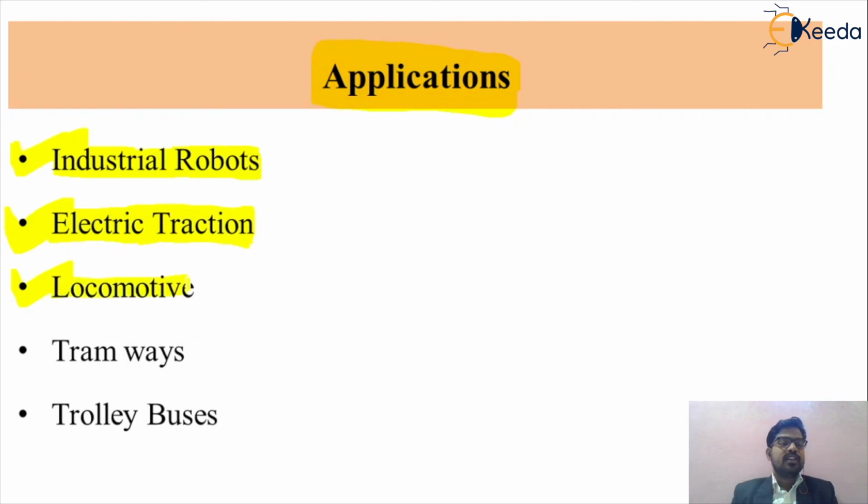Similarly, we are using the same braking technique in different locomotives. In foreign countries, we are using different tramways, and for those tramways we use such a braking technique. In industry or in specific applications like different weather conditions, we are using trolley buses in an industrial environment as well as a normal environment. With the use of trolley buses, we can also prefer dynamic braking.